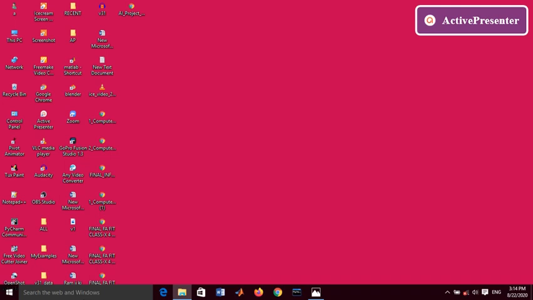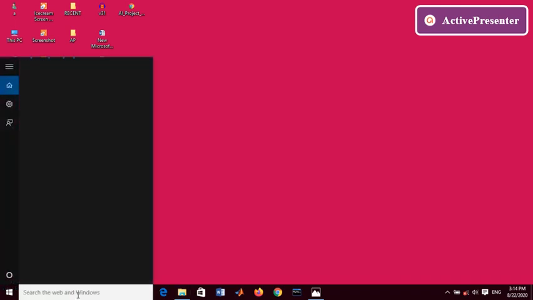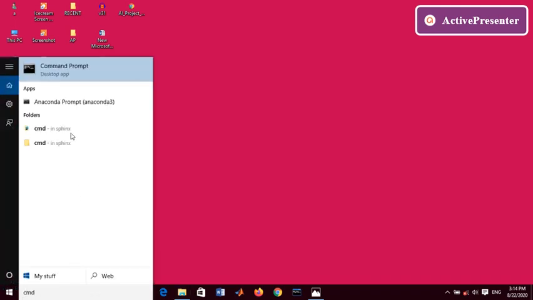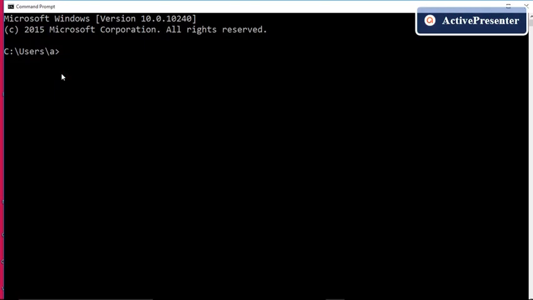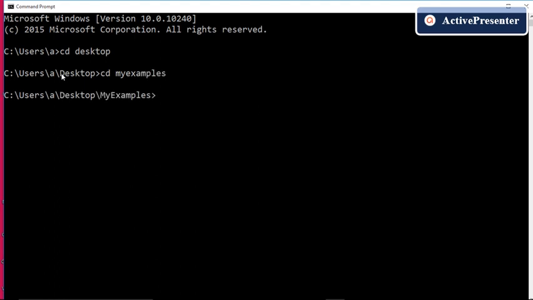Now let us open command prompt. On command prompt, navigating to desktop. On desktop I am having folder My Examples. Here I am running Python command.